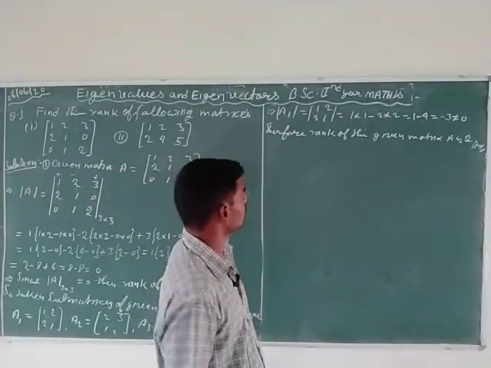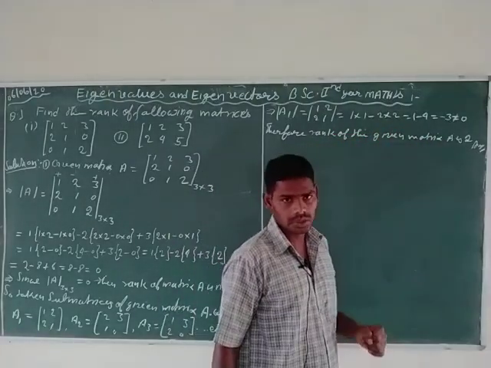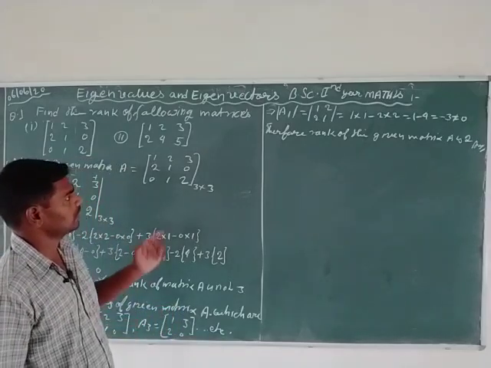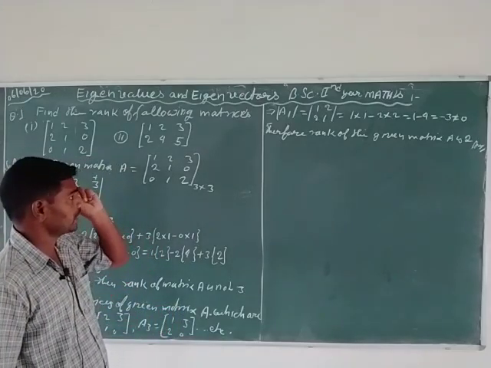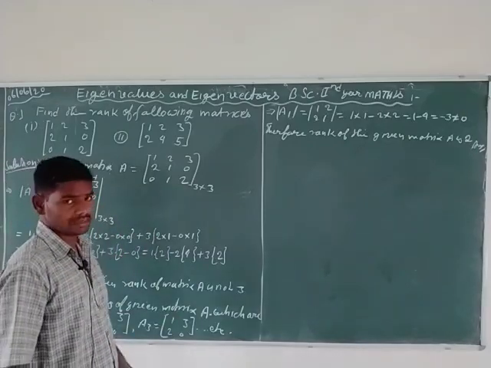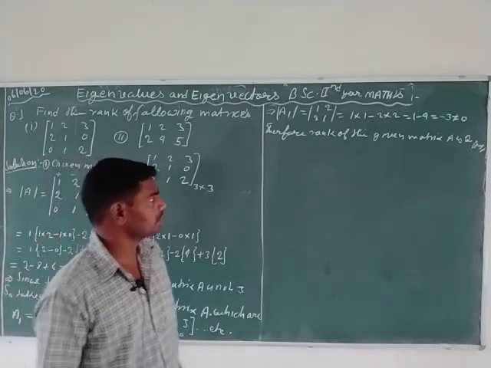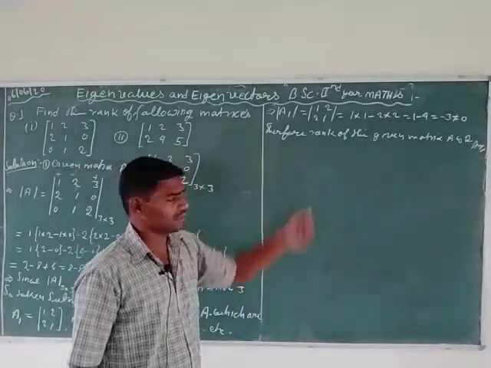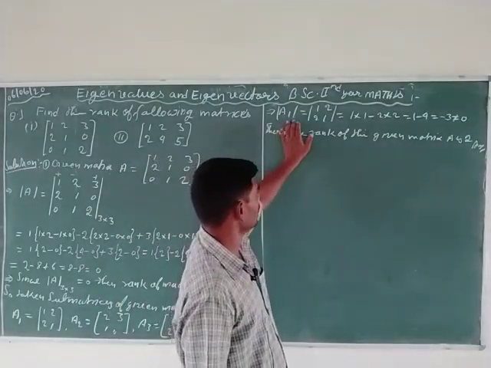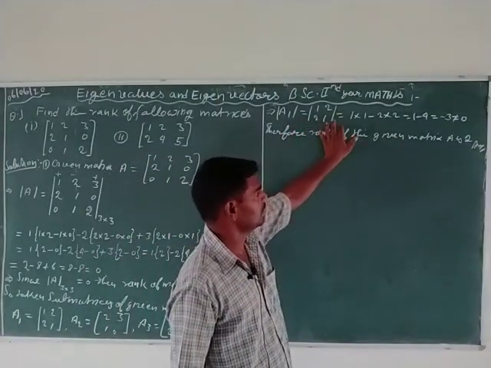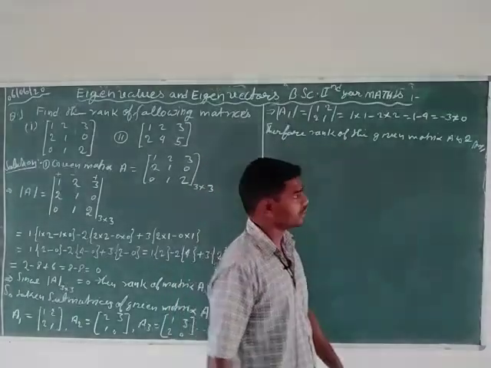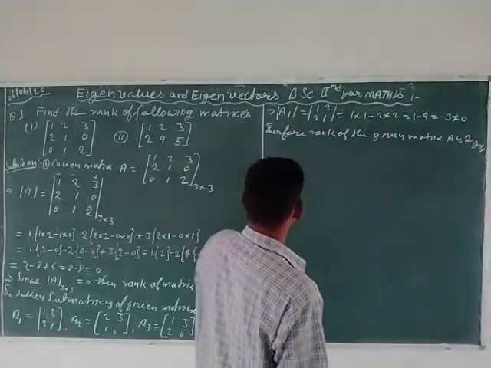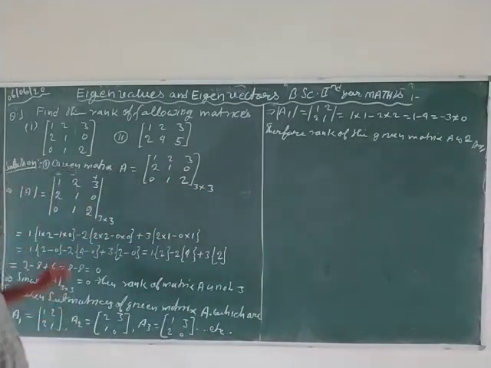Consider the first submatrix whose determinant is not equal to 0. According to the rules of rank of a matrix, if at least one submatrix of the given matrix has a determinant not equal to 0, then the order of that submatrix is called the rank of the given matrix. So here the order of submatrix A1 is 2 by 2. Therefore the rank of the given matrix is 2, since the determinant of A1 is not equal to 0. This is the complete solution of the first part of the question.